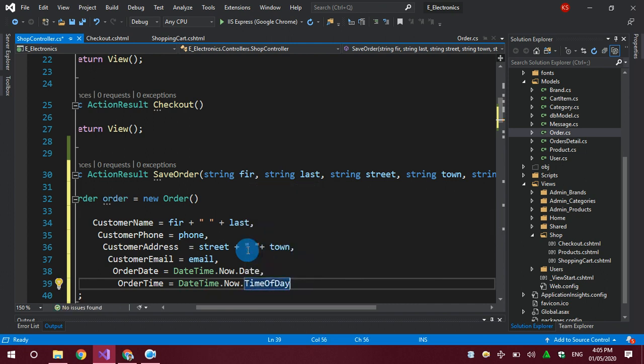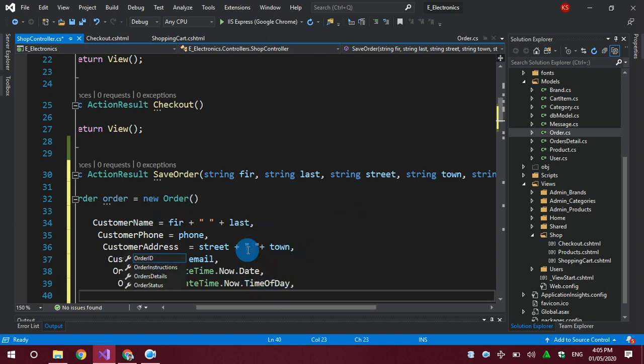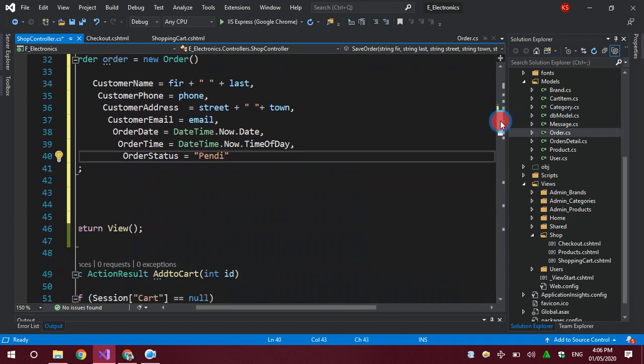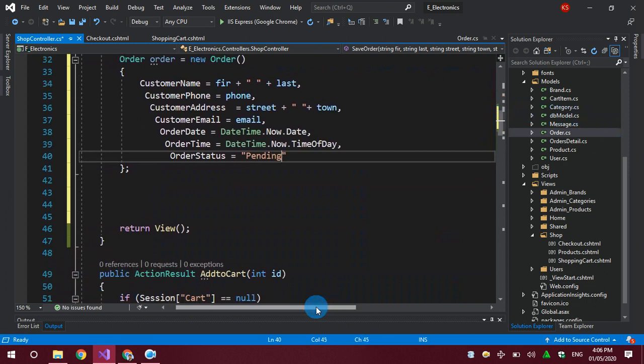Okay, now again the order has an order status. So I will add the status as pending: order not ready, not delivered, but still pending here. Whenever we process this order, we will change the status to completed, delivered, on delivery, etc., whichever we prefer. So whenever a new order is entered, this will be a pending status.